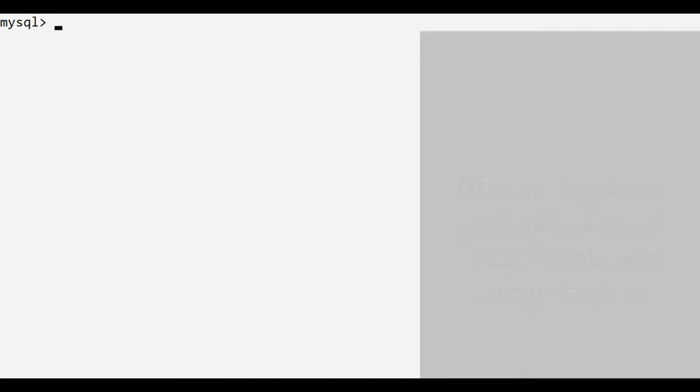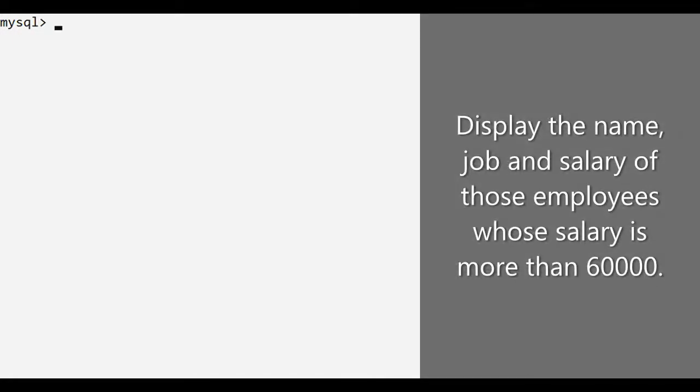Let's take another example. We want to display the name, job and salary of only those employees whose salary is more than 60,000. So we write select ename, job, sal. These are the 3 fields which should appear in the output, followed by from EMPL. Then comes the where clause.